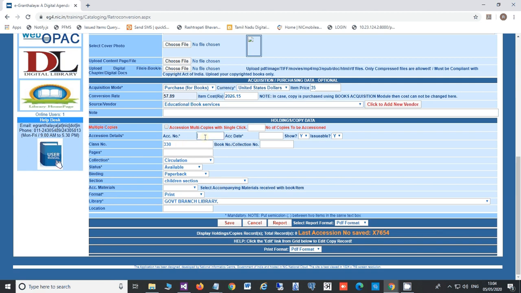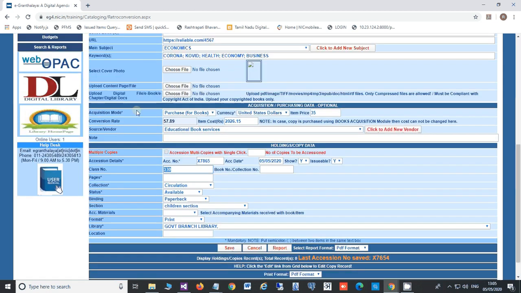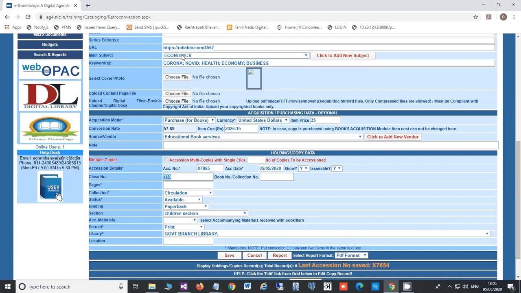Then type the accession number, accession date, whatever date, it may be current, it may be some old. This class number is coming from when you select the subject, that is economics. If you want to make a modification or you want to type some other specific number, then you can overwrite here.